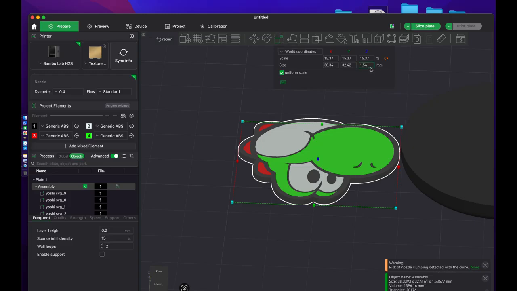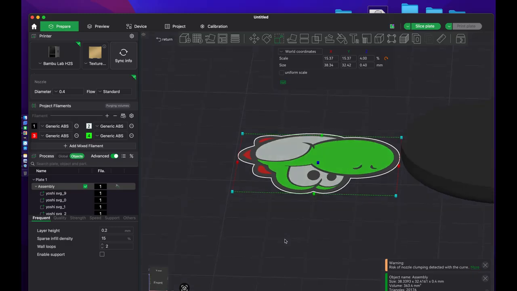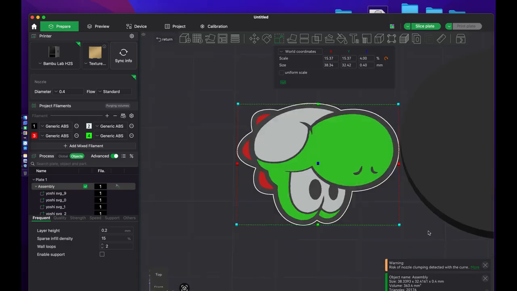So we'll ununiform scale real quick, and we're going to click the x-axis, which is up and down, and because I know I'm printing at 0.2 millimeter layer heights, we're going to click 0.4. That will generate 2 layers of filament, and see how thin it is. It's a very thin layer, but that's fine, that'll work. Then we'll go back to the coaster,